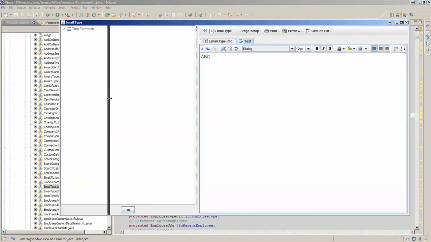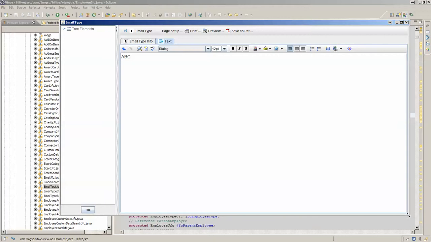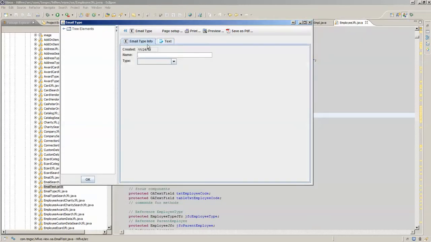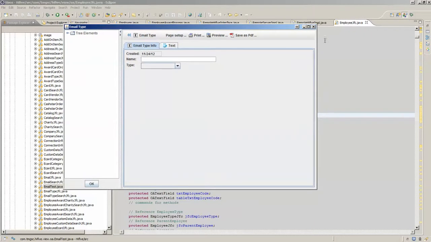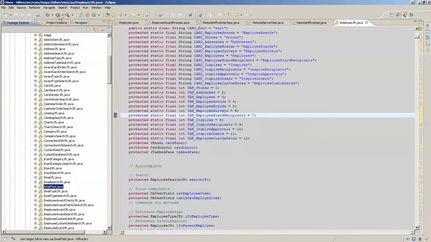Each one of them can be run standalone. So here I'm running this employee standalone. I can go into this, or that's employee type. But each one I could run standalone and see all the information that goes with it. So if we look at employee,